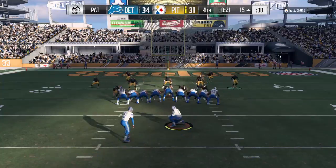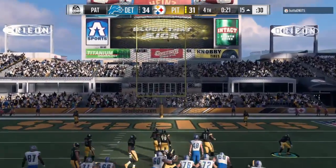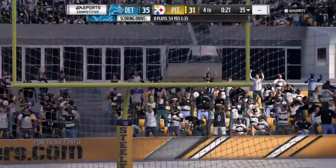Yeah, what looks like is going to be the game-deciding score, although a little bit of time left, so you can't count your chickens before they're hatched. Well, they better